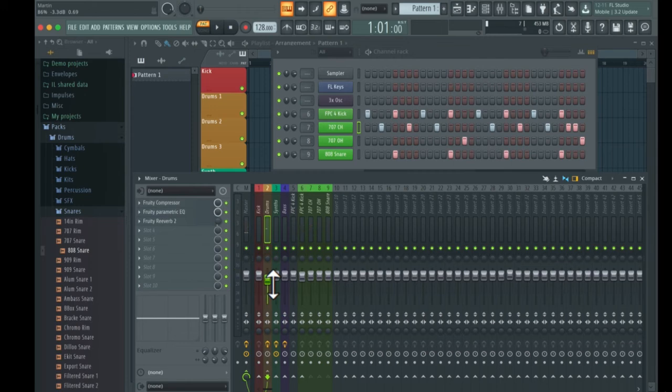So that is how you group different things and create buses in FL Studio. It's very easy to do so. I recommend you to work this way because it's going to make your life a lot easier when you create your track and when you start mixing. And I always recommend you to do this while producing, and not just think, oh, I will handle this later on in the mixing stage, and just throw that problem away and get messy, because you're going to